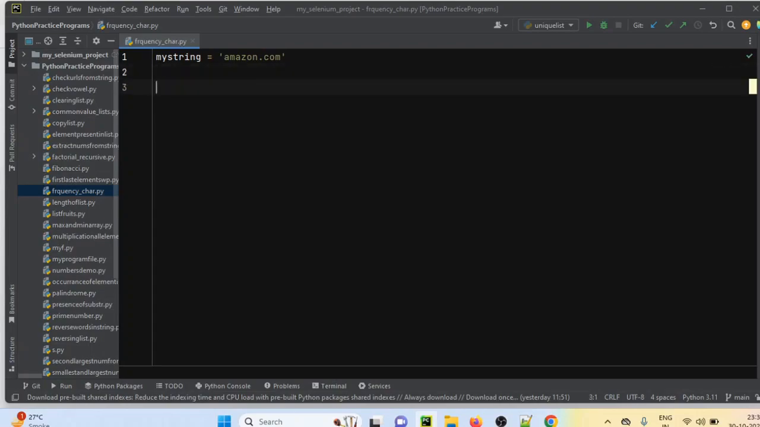So the logic would be like this. First, I'm just going to create one blank dictionary. Now this is one blank dictionary which we have created. my_dict is a blank dictionary. After that, what we will do is